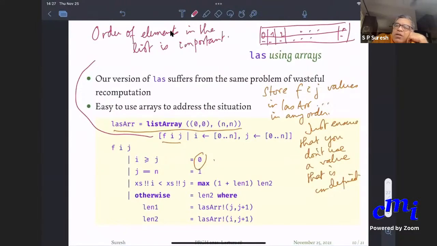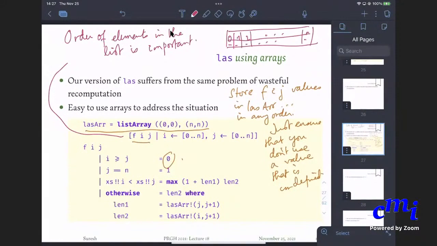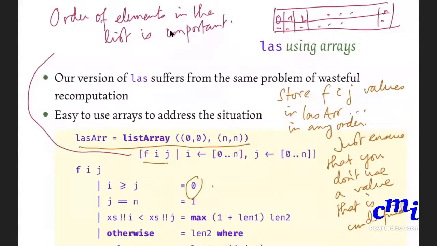Is that clear? Yes, sir. No, sir, I didn't understand this. Yeah, that is why I did this. So here 0, 0. Sir, I didn't understand this. Yeah, who's asking this? Harish. Good. So let me create a new page. Oh, I'm not yet in presentation. Sir, if i greater than or equal to j, we will take elements before the first element, right? One second, sir, let me explain this point for Harish.